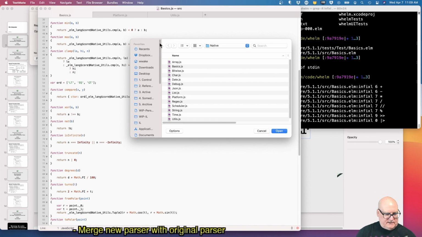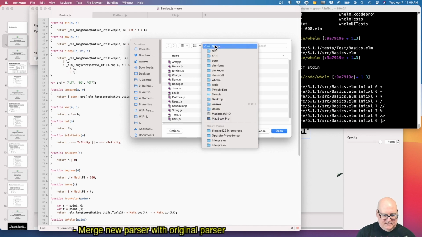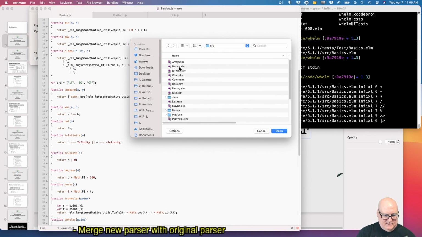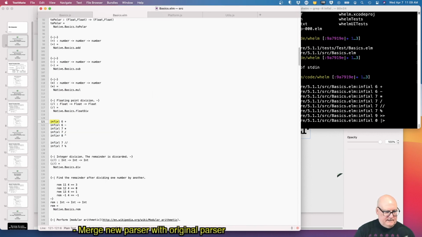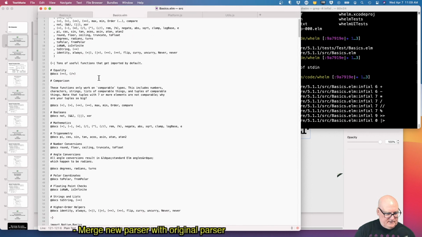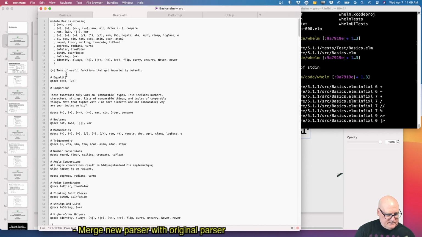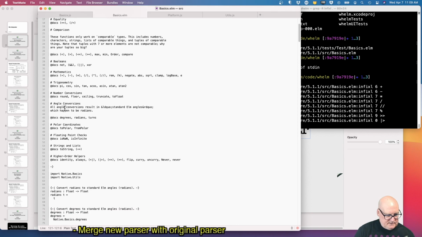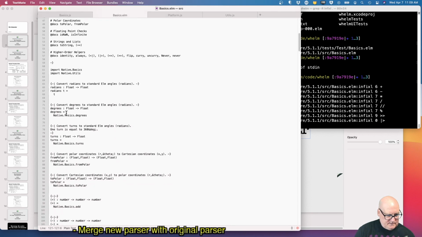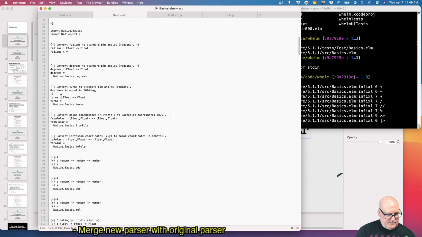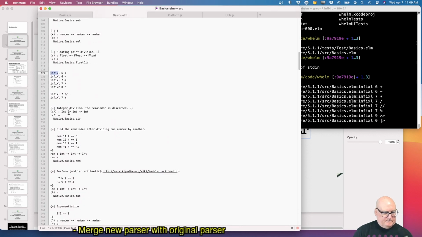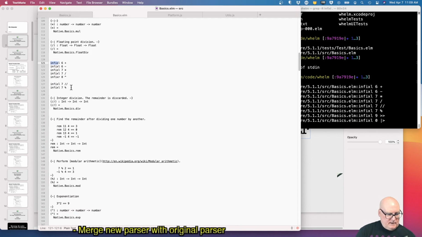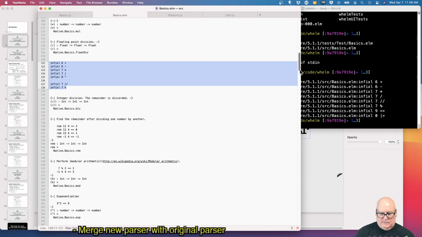Oh, that's a JS. Ah. Basics.elm. That's going to be better. Okay. There's those. Well, we can take this stuff right away. Put that in our to-do.